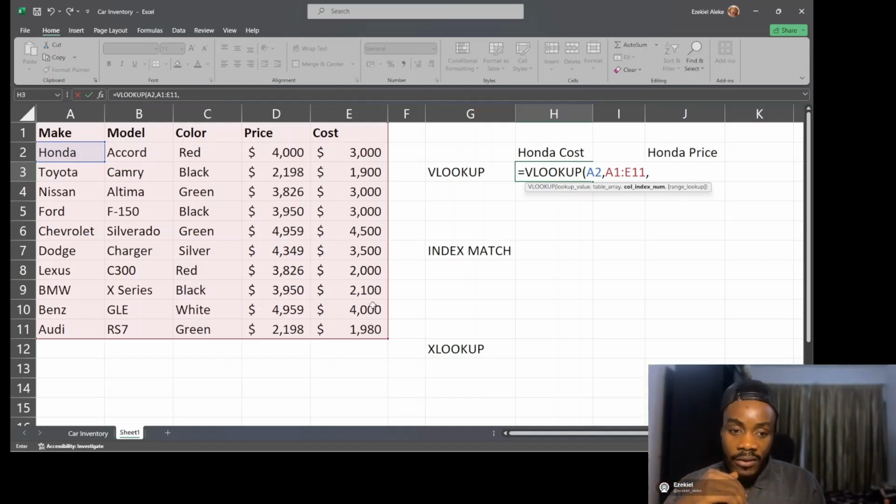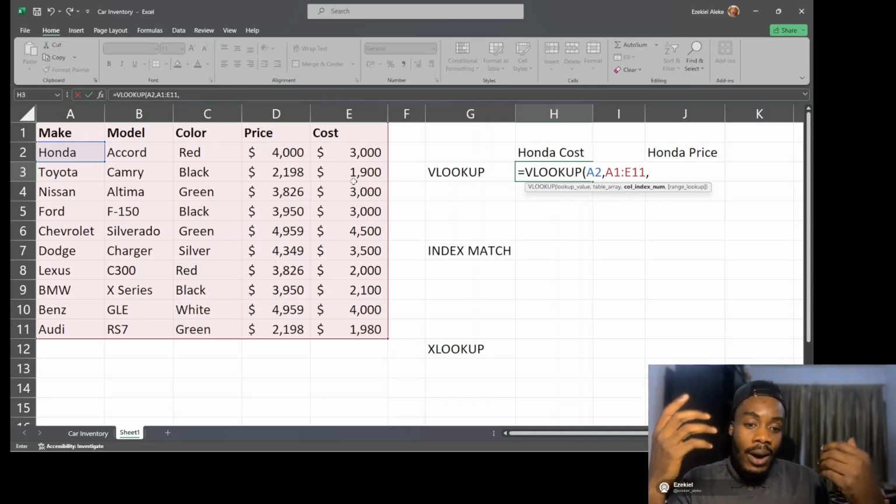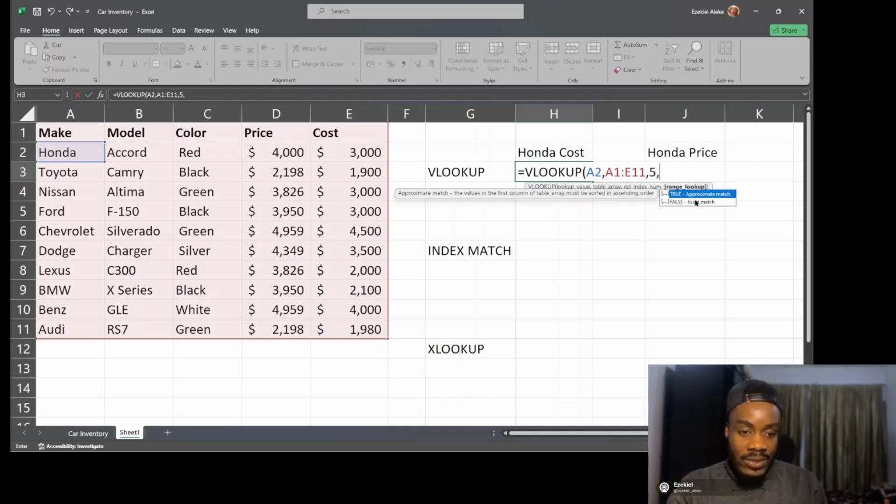The index number of cost is 1, 2, 3, 4, 5. So we have our cost in the 5th index. Type your 5 here, then use your comma. The last argument here is the range lookup. Are you looking for an approximate match or an exact match? I want an exact match of Honda's cost. So just type your first here,